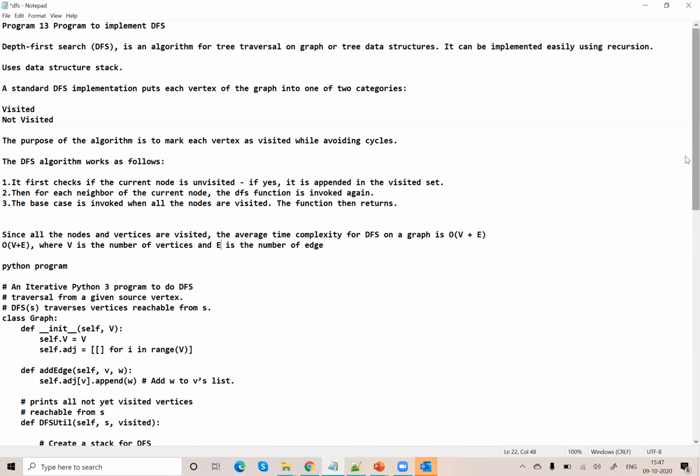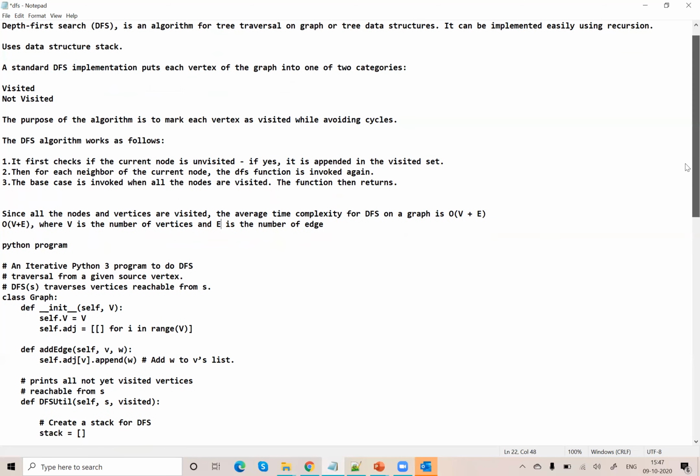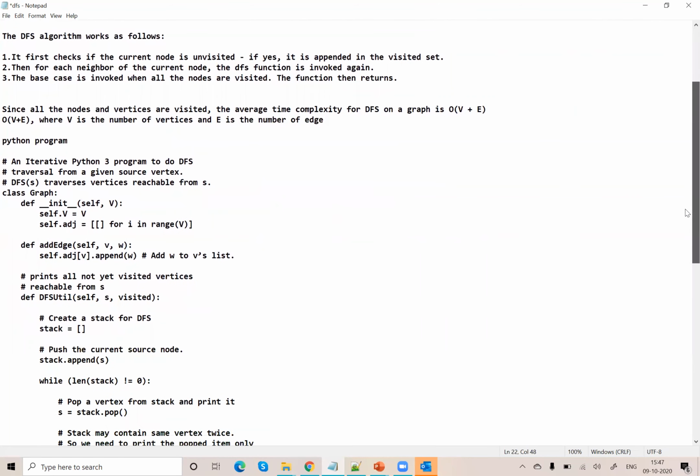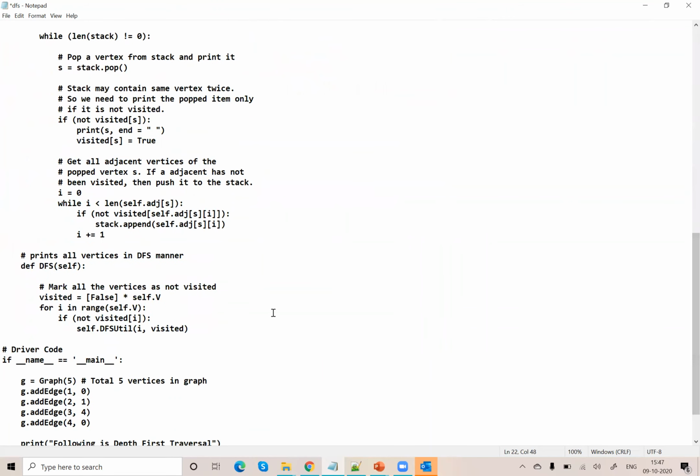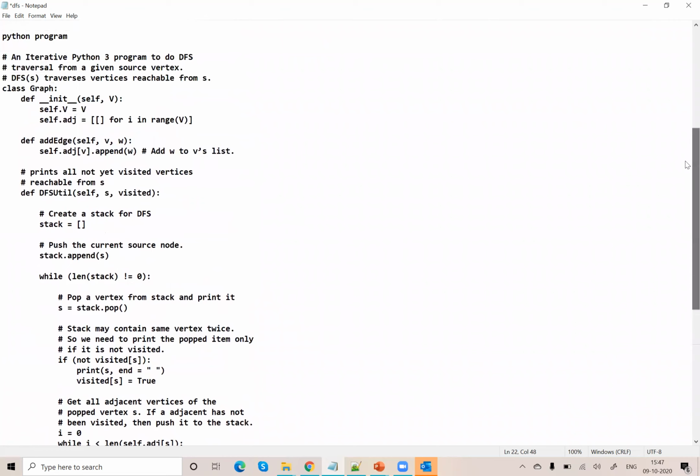Okay, let us go to the Python program to understand how to implement DFS, the depth first search. Let me start with the main driver code. So here, this is the main driver code or the main method, where I'm writing the statement g is equal to Graph of 5. That means I'm creating a graph. So automatically, I have written class Graph, and this constructor is going to be invoked.